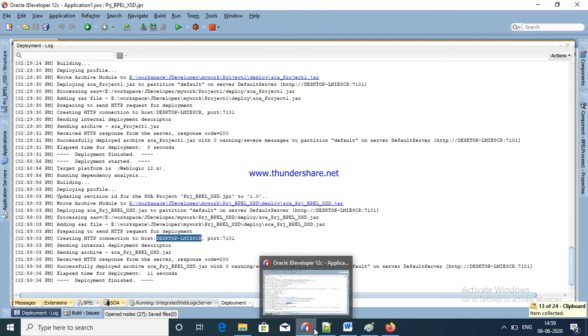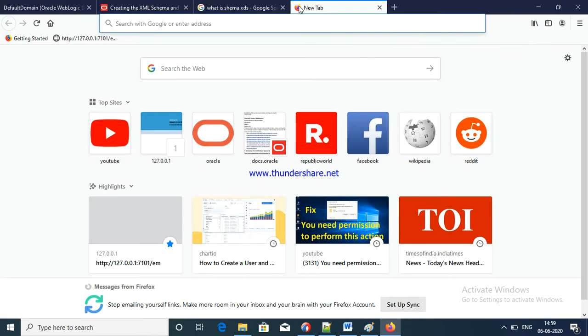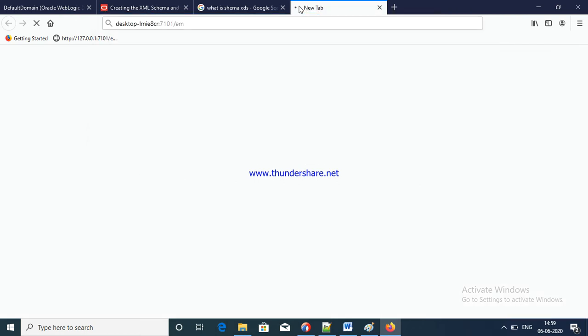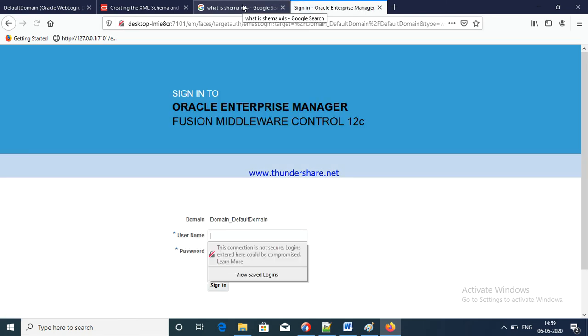Okay, this way also we are going to check. My host, slash, colon 7101/em. See here, at processing. Okay, my host. Here at server creation time I gave multiple hosts.